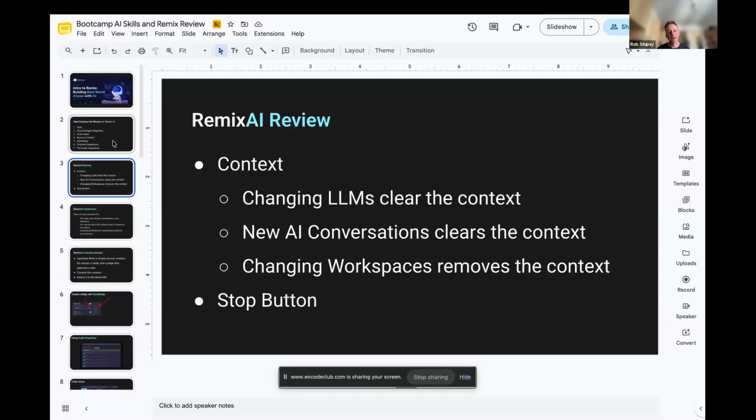And actually, the stop button: sometimes I wanted to hit the stop button because I thought this is taking too long. I wasn't looking at a stopwatch or anything, but sometimes you can hit the stop button too soon, and sometimes you can't hit it soon enough. I don't actually have the right answer there. It's just that you have to be aware that the stop button is there, but sometimes the AI response takes longer than you would like it to.